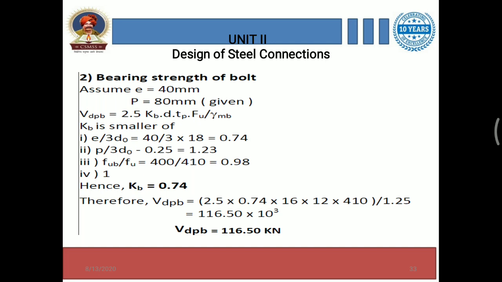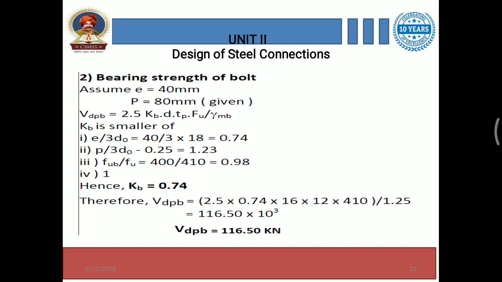2.5 into 0.74 into 16, the value of 16 into t, thickness of plate 12. Actually there is thickness of plate 12 mm, take as it is. Then Fu 410 and gamma mb 1.25. Okay, very simple. All these values are already known, and by calculating this